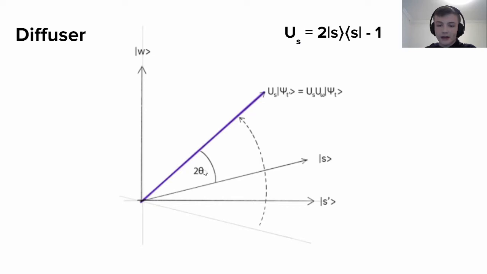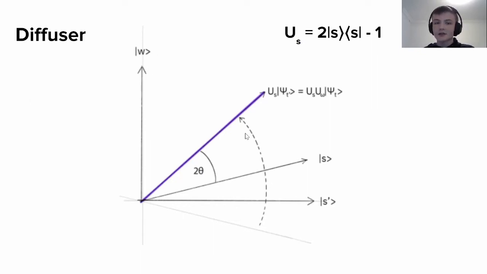And it does so by a factor of 2 theta. So it reflects this U omega psi t state about this equal superposition state by 2 theta. Once again, because theta is the angle between S and S prime and psi t was 2 theta. So the total rotation back around would be 2 theta once again. Yeah, so we can see that this doesn't fully take this equal superposition to state W.